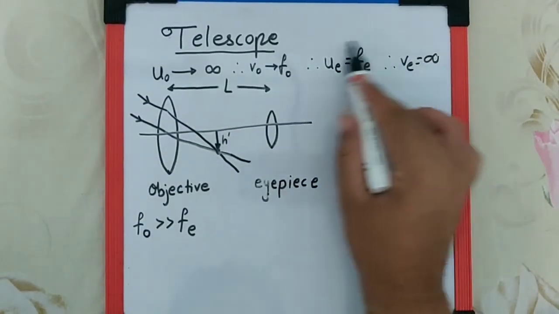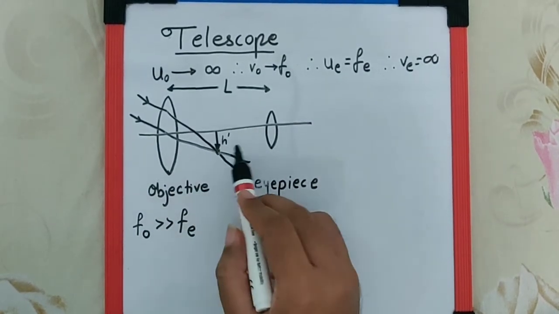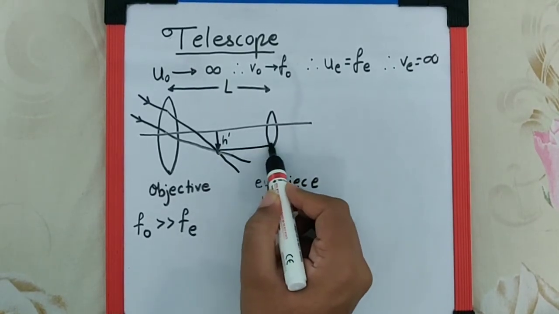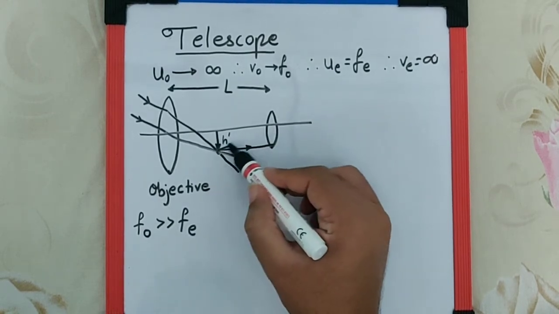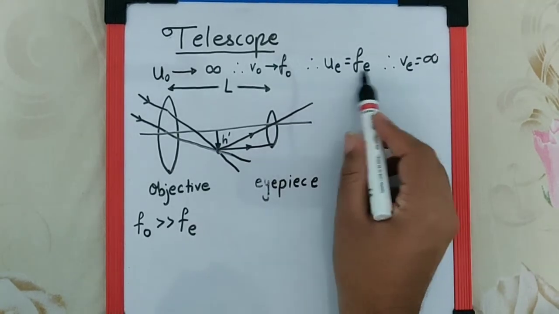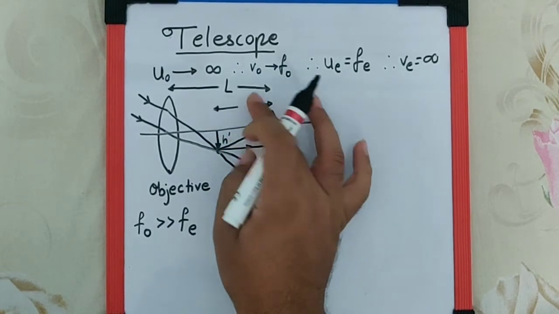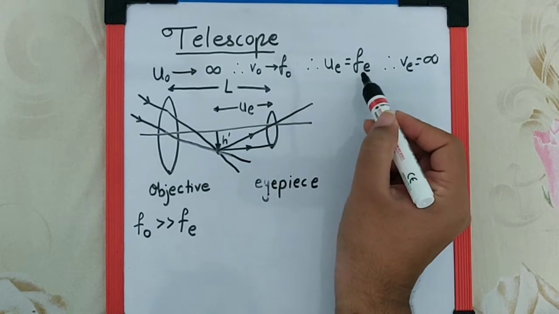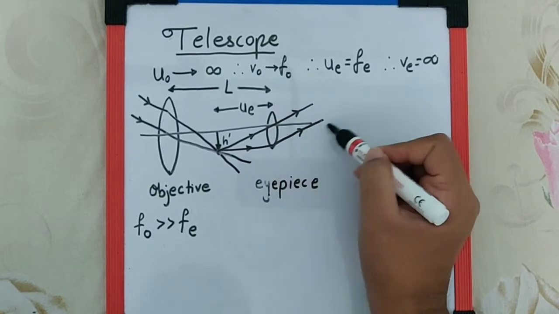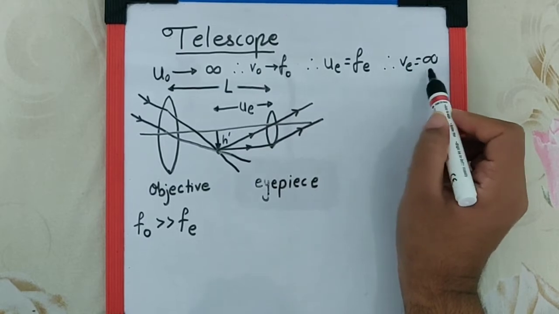Now the question is, why do we do this? First of all, the image formed by the first lens can be called as the object for the second lens, and that means the ray of light, a parallel one, will pass through the lens like this, and the other which passes through the optical center will move like this. Now if we arrange UE equal to FE, which means this distance, which is UE, if we arrange it to FE, we can say the ray will bend such a way that both the rays will be parallel to each other, which means they are going to meet at infinity, and that means the final image is at infinity.